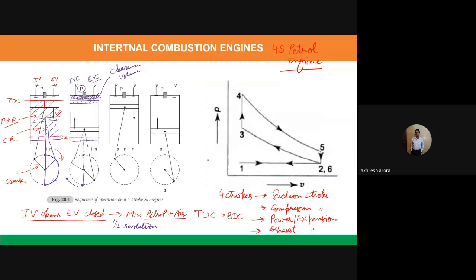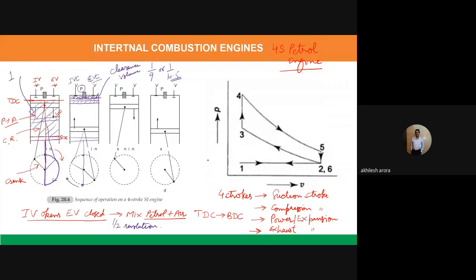Now the volume is reduced actually. If I say that the volume which was sucked inside was 1, during the compression stroke this volume will become something about 1 by 9 or 1 by 10.5 of the initial volume. And this ratio of the initial volume to the volume after the compression is known as compression ratio. We will discuss it later also, so don't worry about it.